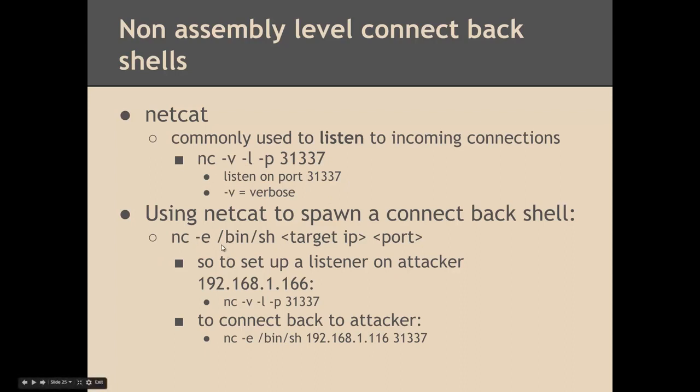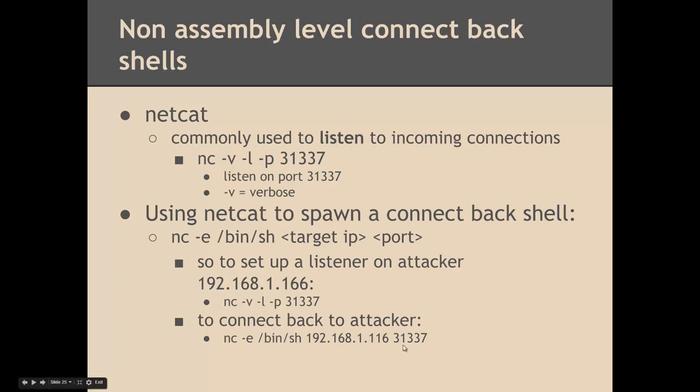E specifies what to execute. So if you have the ability to inject system commands to a target web application,